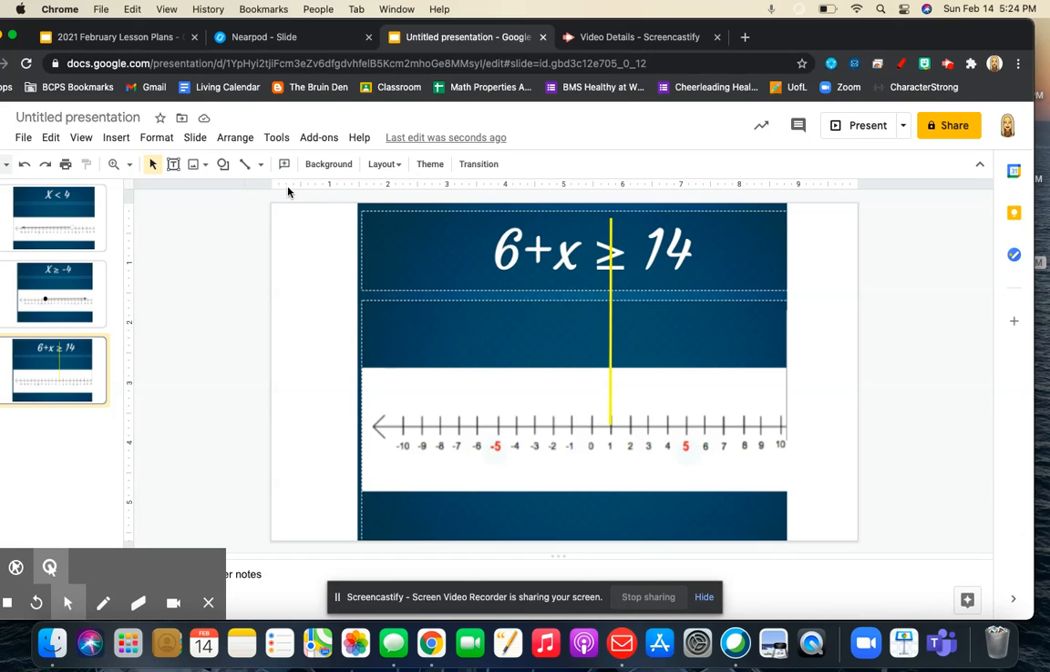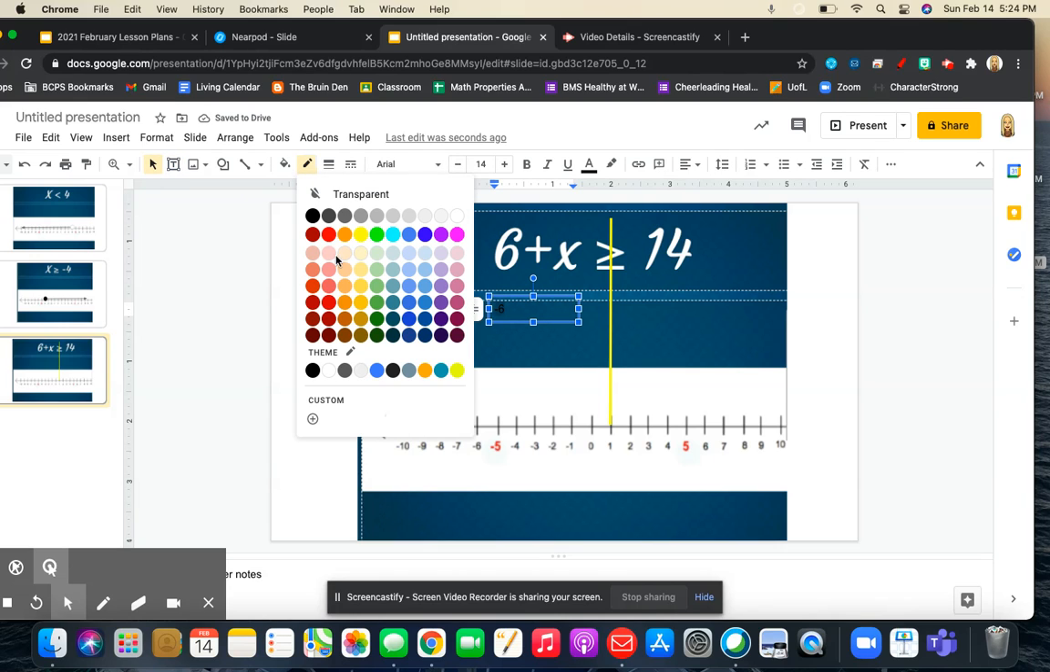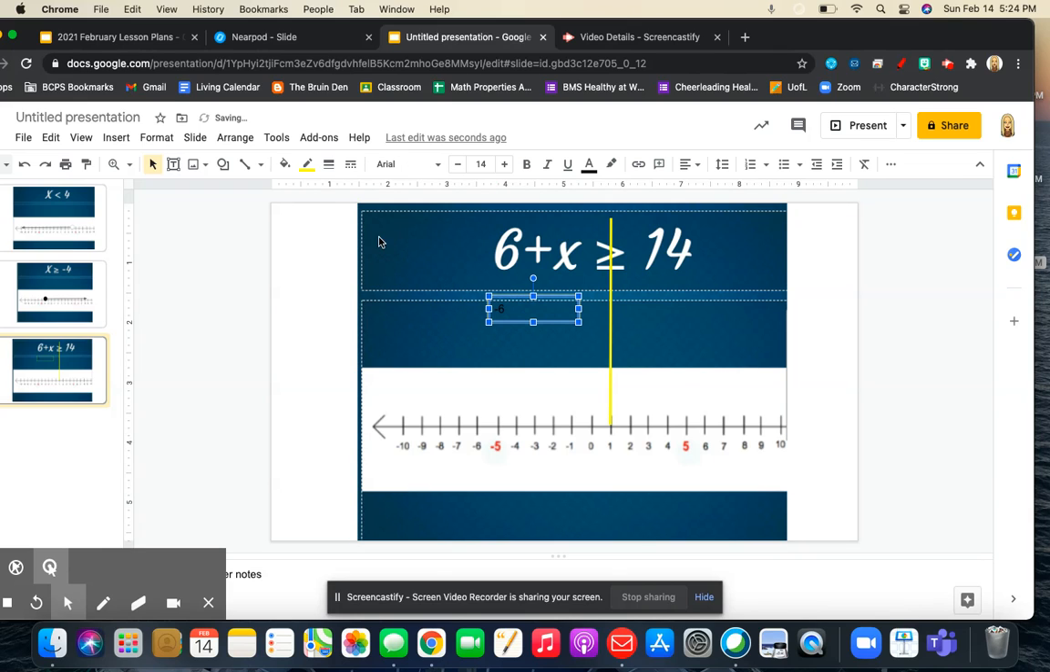So how do we get rid of this positive 6? We're going to need to take 6 away from both sides. Let me change that color so you guys can see it. Oops. Meant to change my font color. So we're going to take 6 away from both sides. If I take 6 away from this side, take 6 away from this side, we end up with our 6's will cancel. On this side, we are left with just x